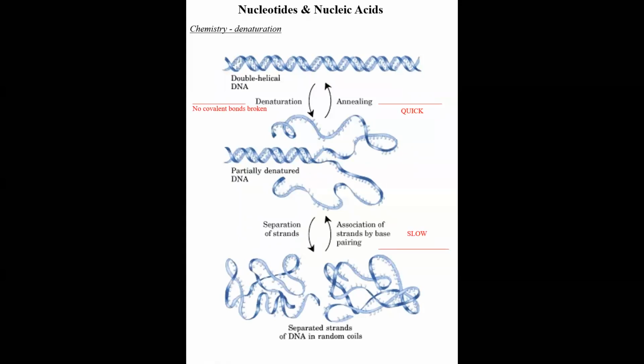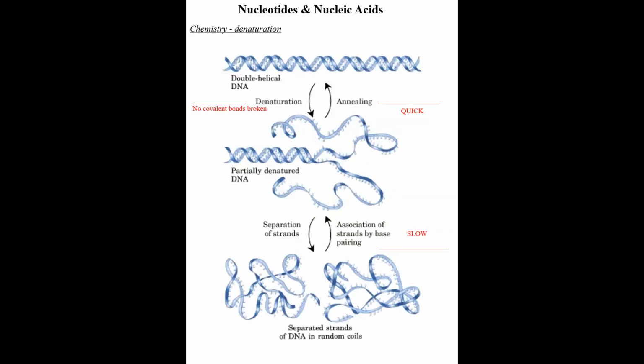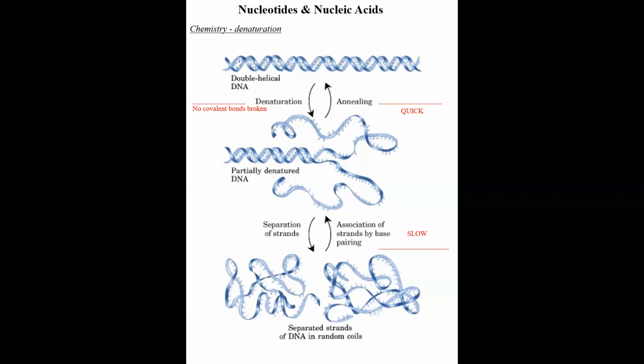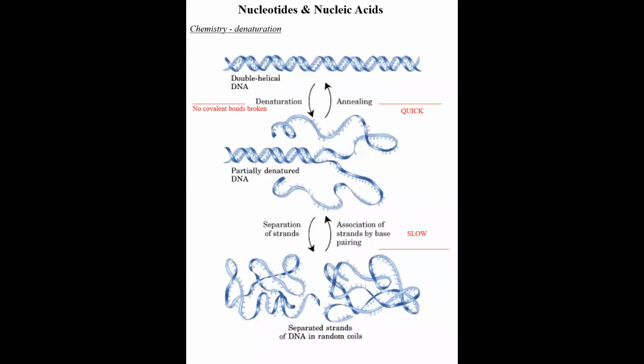So this is something like the denaturation profile of a nucleic acid, basically DNA. DNA is a double helical structure where each base is paired with its corresponding base via hydrogen bonding. When we increase the temperature, or certain enzymes or certain chemicals, they are responsible for denaturation of double helical DNA.